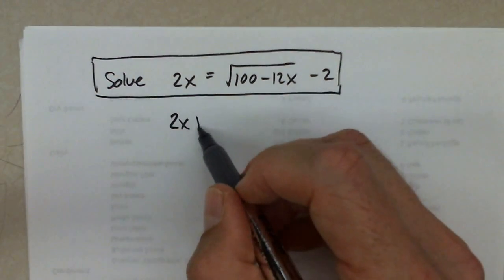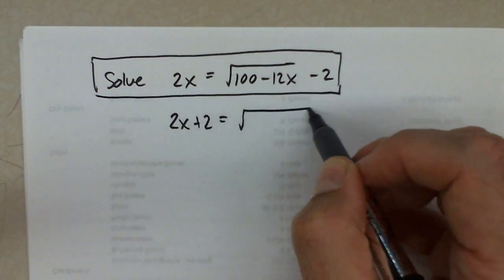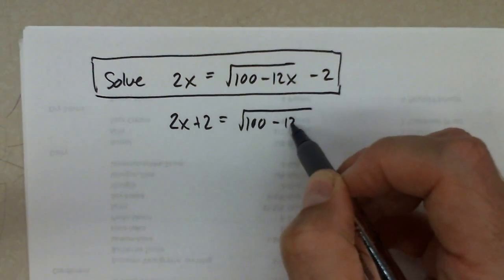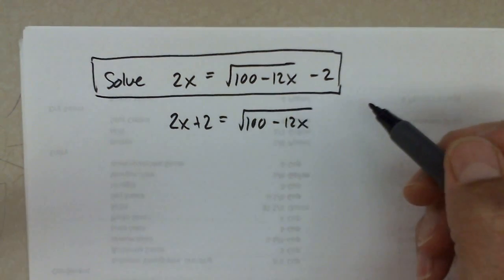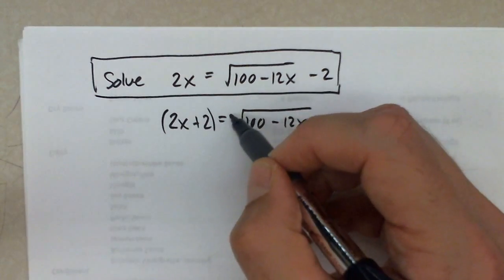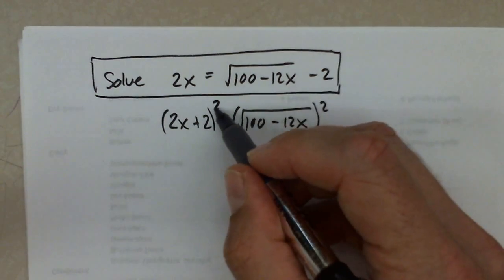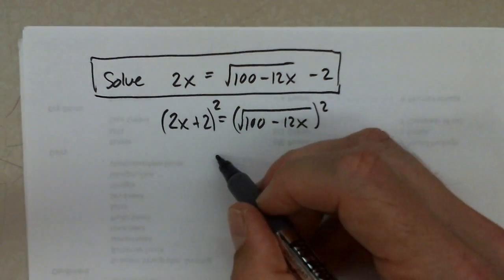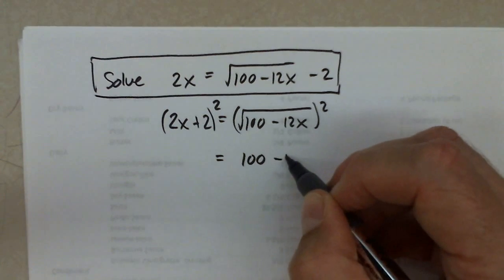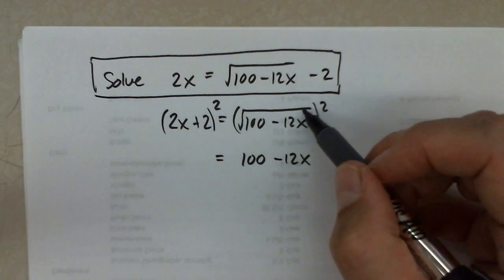Let's add 2 to both sides, and then we'll square both sides. When you square the radical,